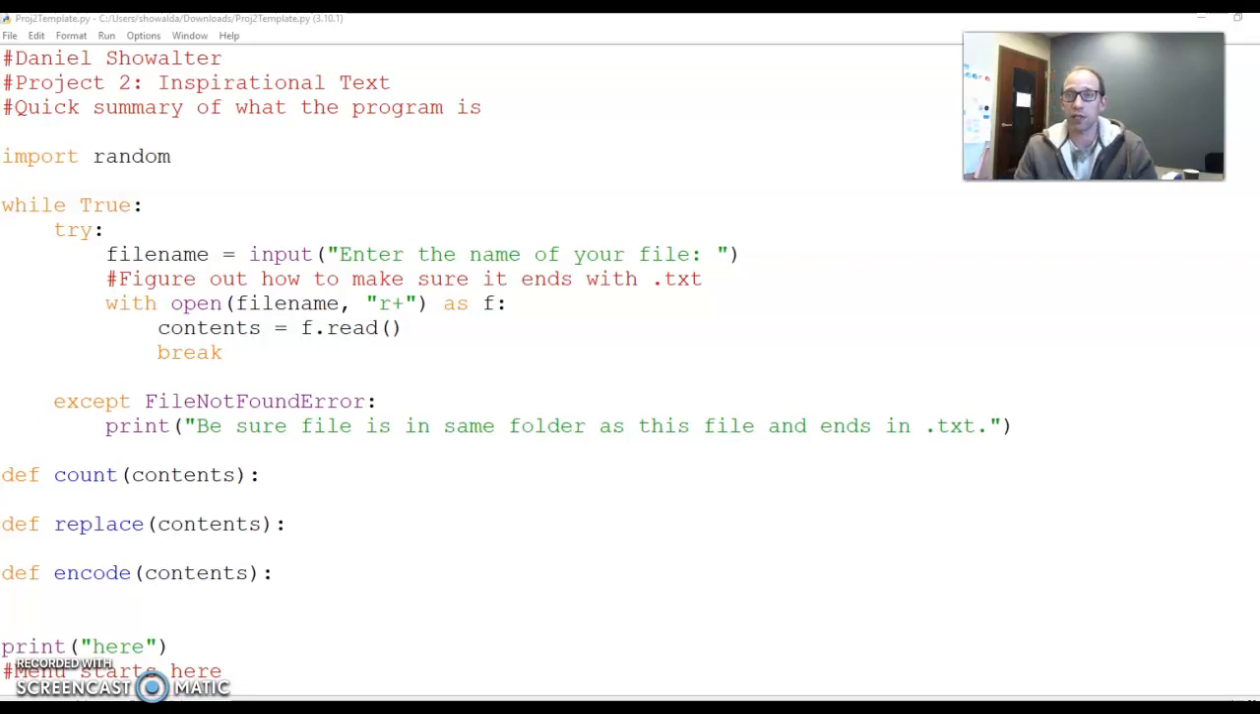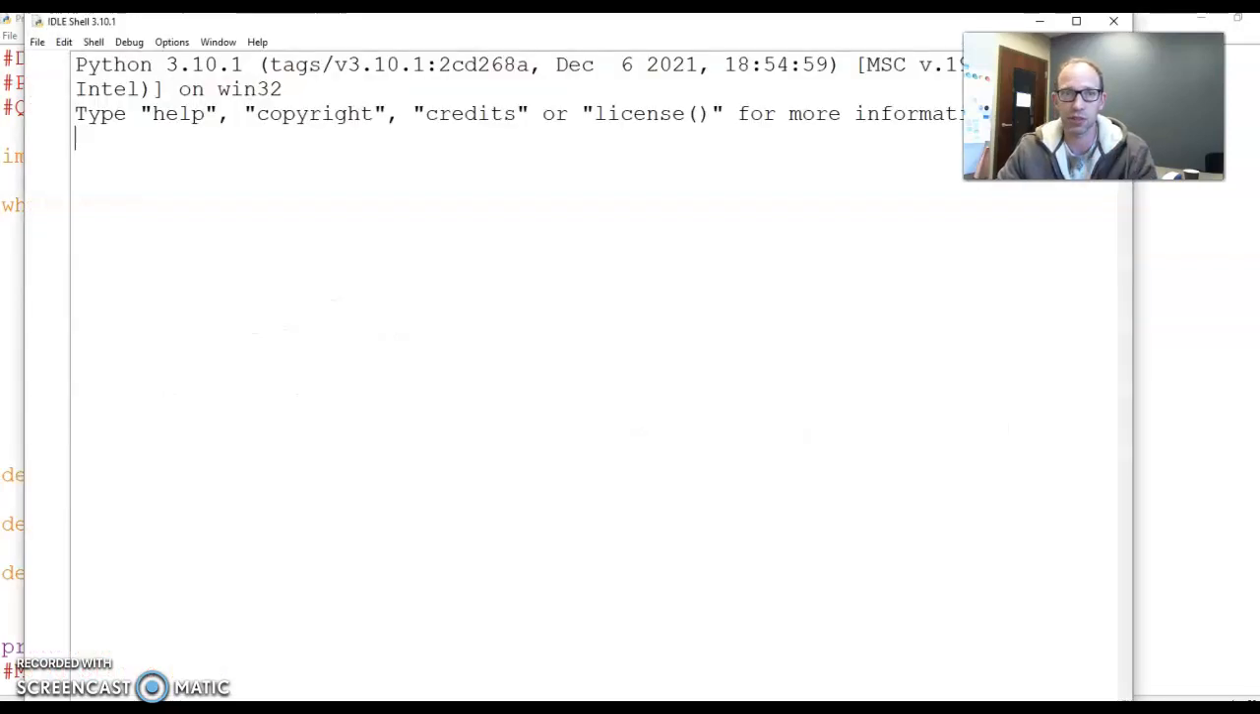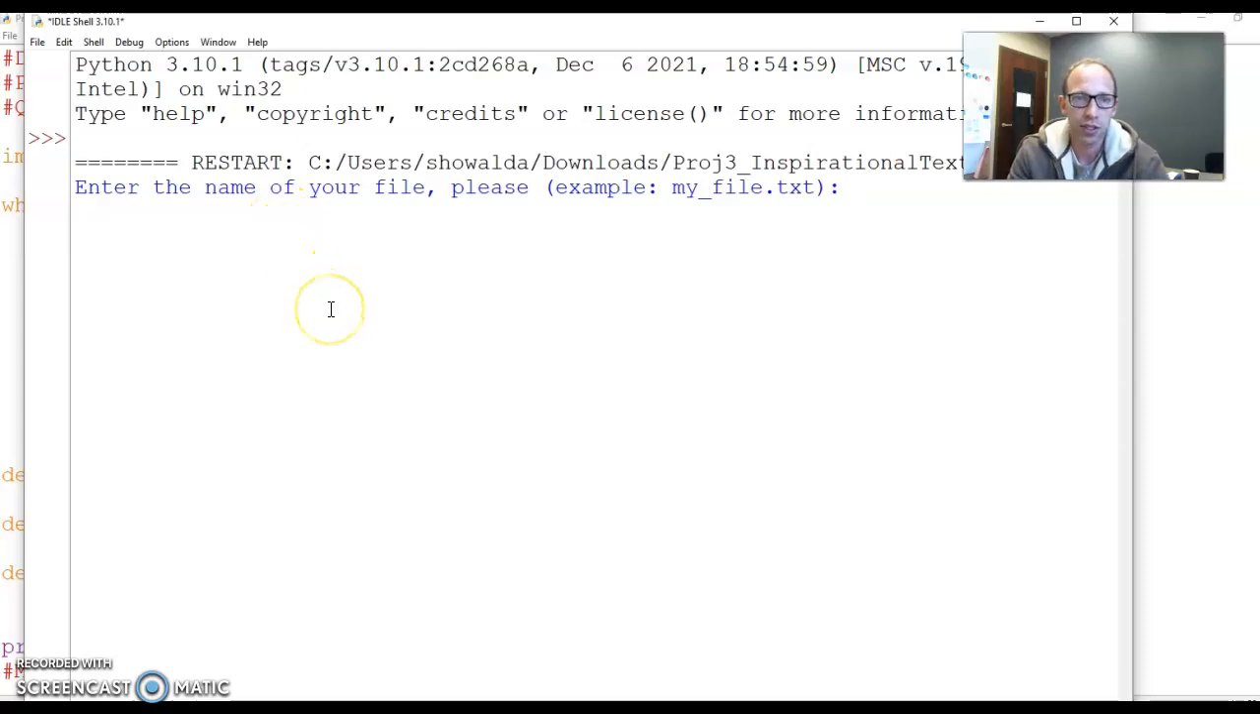Okay, so let's start off with what the final product should look like. I'm gonna run something that is not what you're seeing on screen there. So the first thing your program should do is maybe welcome the user and then ask for the name of